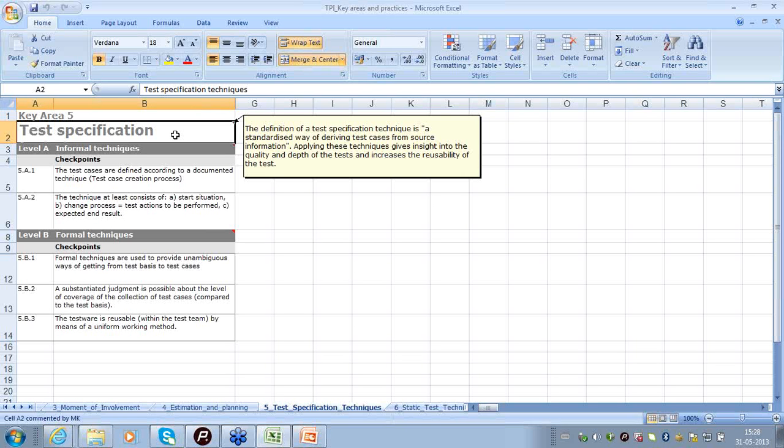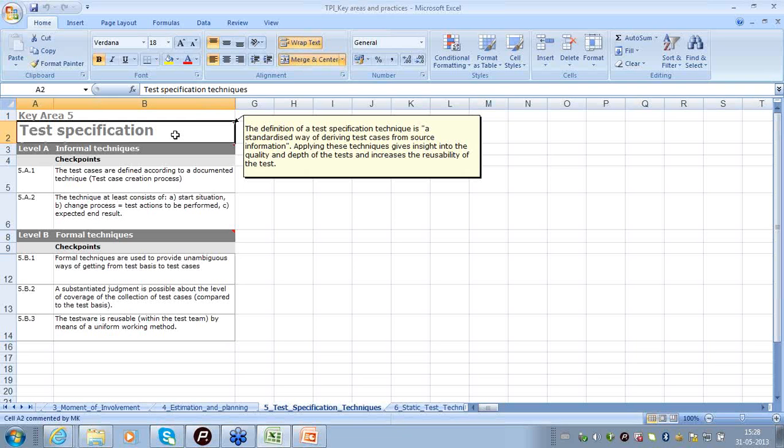Why is it that test specification techniques have to be used? The answer is simple. If a particular requirement or test basis is given to two different testers, normally they would come up with two different sets of test cases. It is based on the individual's experience, expertise and domain knowledge.